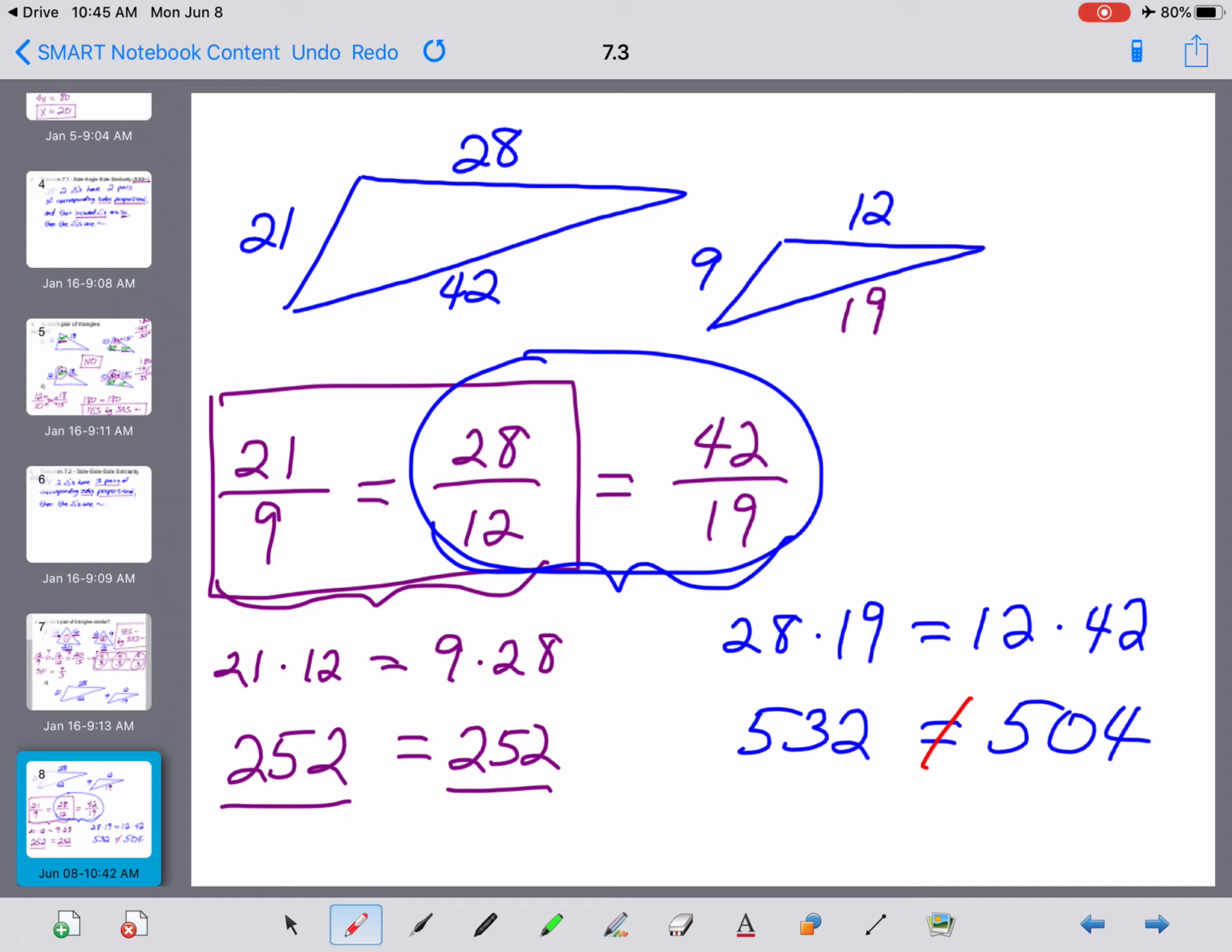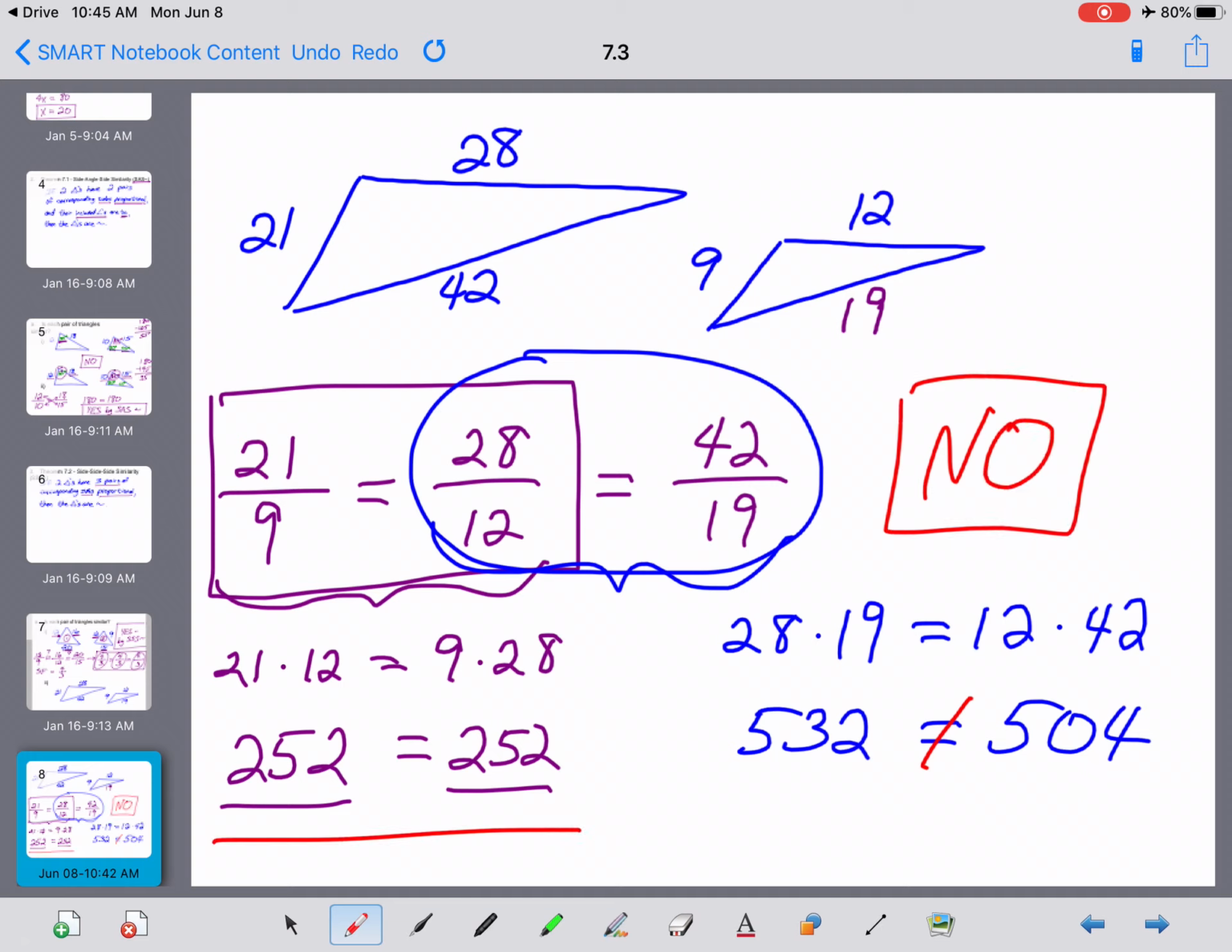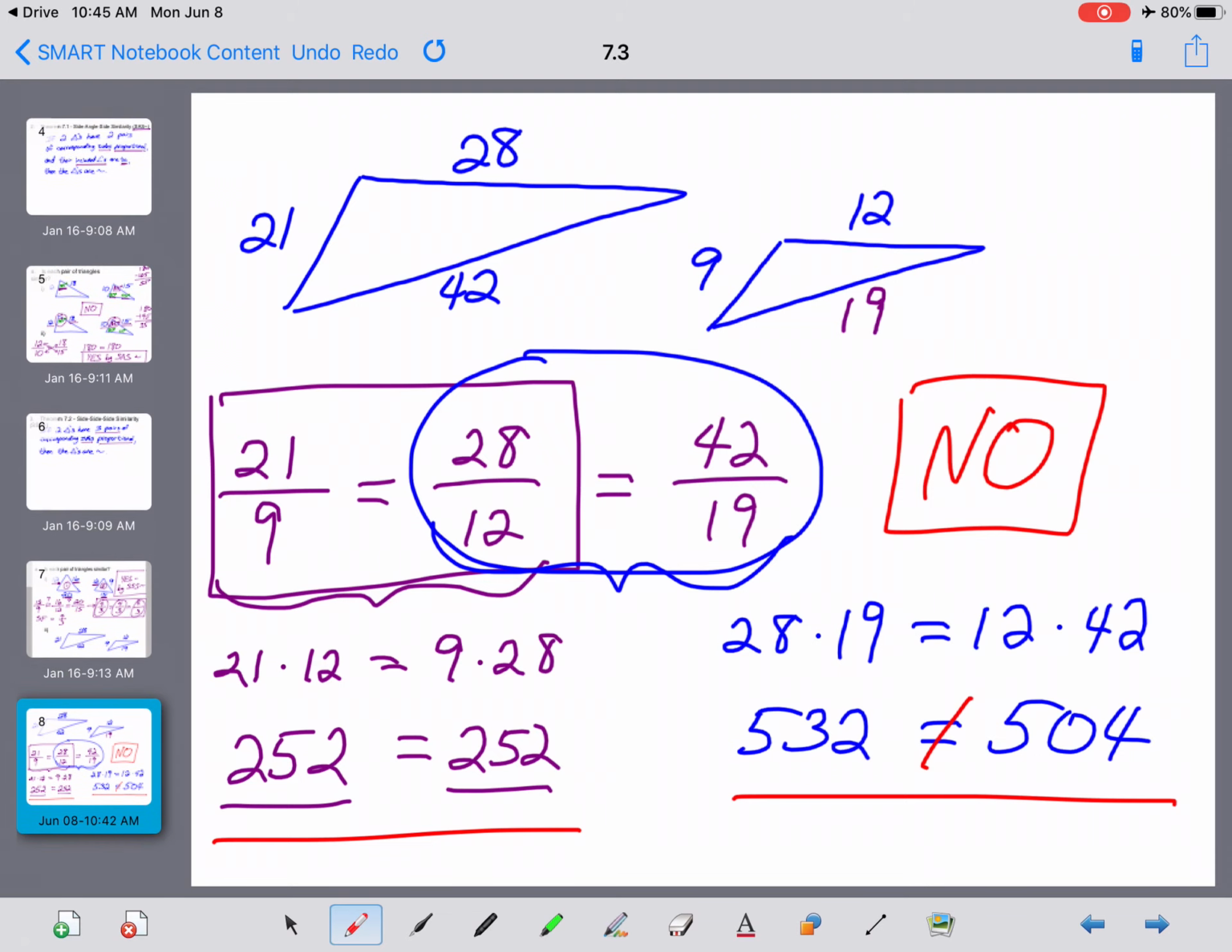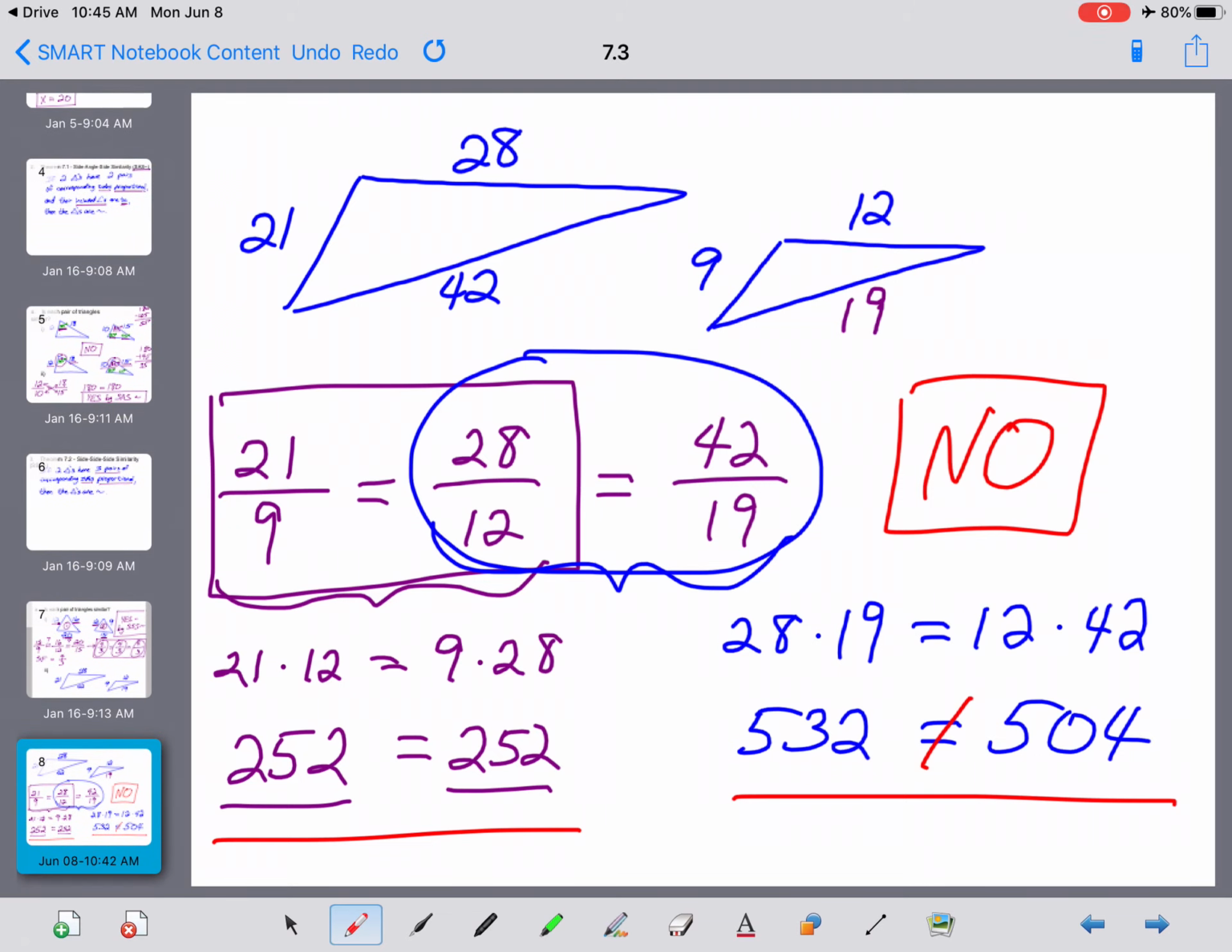So what this means is we do not have side-side-side similarity here, because while two of the ratios were proportional, the third one was not. So the answer to this problem here is going to be a no. It wasn't enough just to have one pair of ratios that worked. You needed to have a second one there as well. And because they didn't all work, our answer to that one is no. These triangles here are not